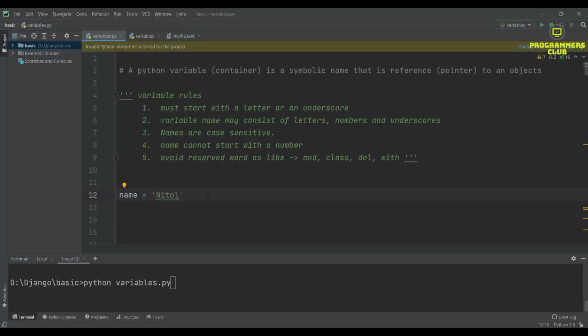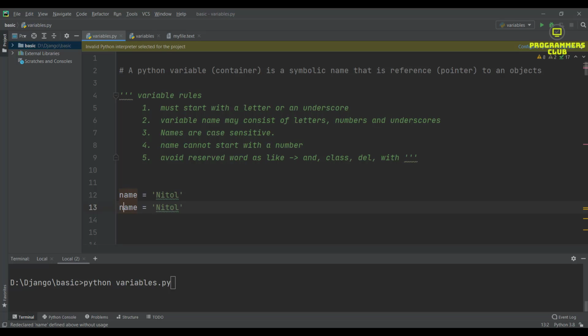We should also know about Python variable rules. A variable must start with a letter or an underscore, and it can also contain numbers, but a variable name cannot start with a number. Python variables are case sensitive.